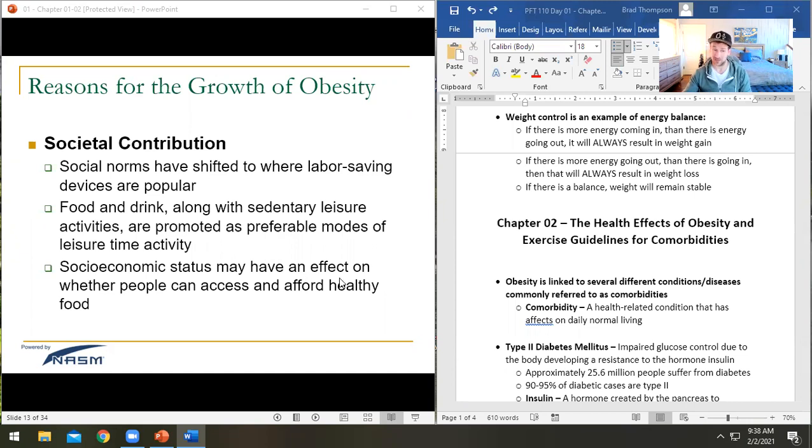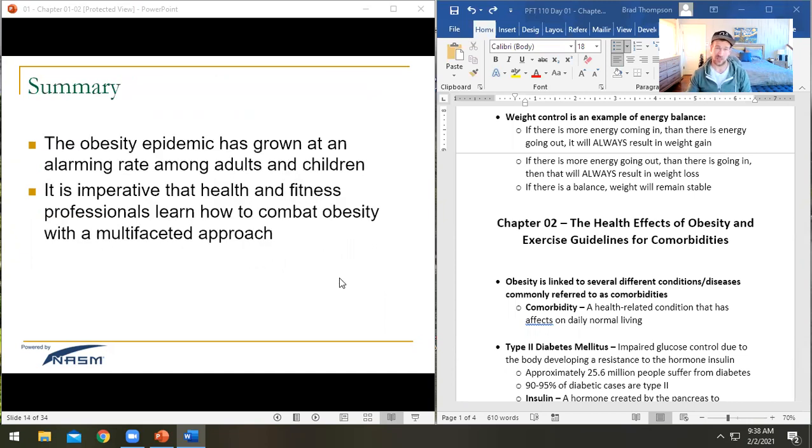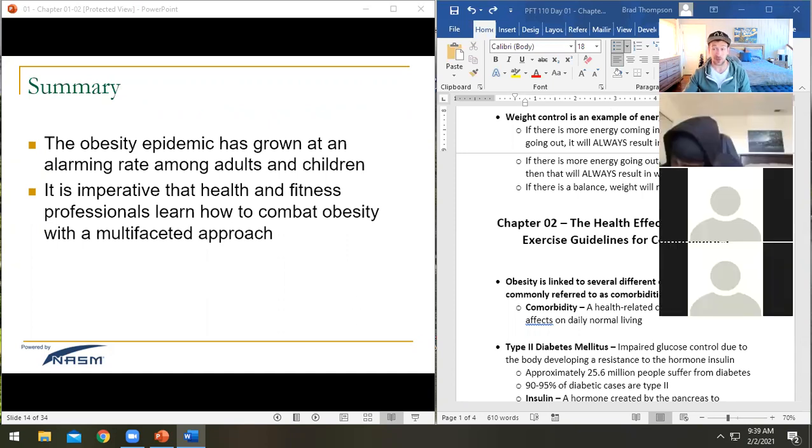We do know that socioeconomic status can obviously be a big one as well. You will hear people say this, and this is not necessarily true, but you will hear people say, eating healthy is expensive. Now, I actually think that eating healthy is cheaper in a lot of ways. Definitely in the long run, you spend less on healthcare. A lot of healthy foods are actually cheap. A bag of potatoes, which is incredibly healthy, is one of the cheapest things you can buy in the grocery store. A lot of fresh vegetables are very, very inexpensive, frozen as well. However,